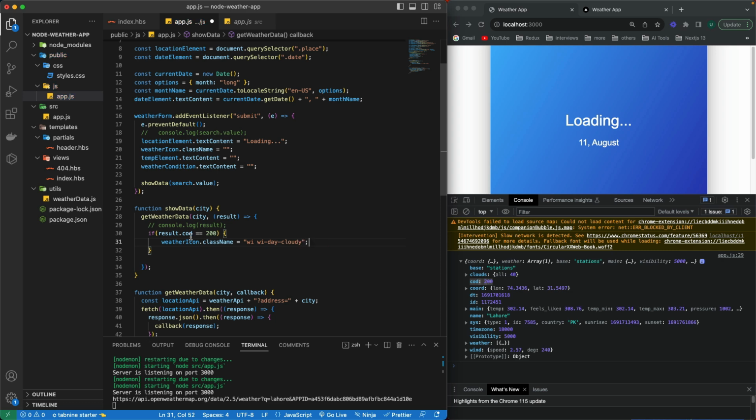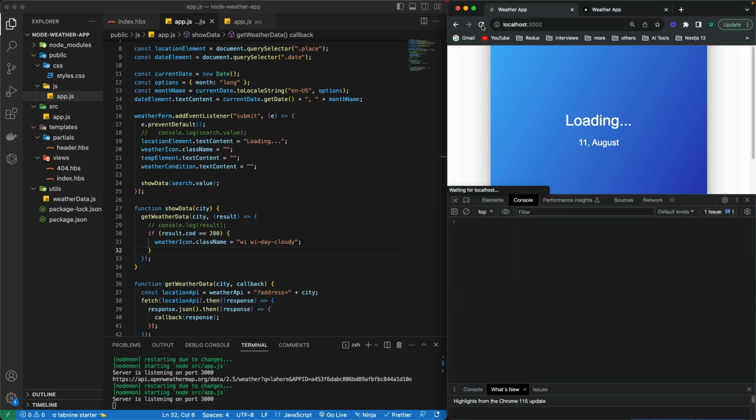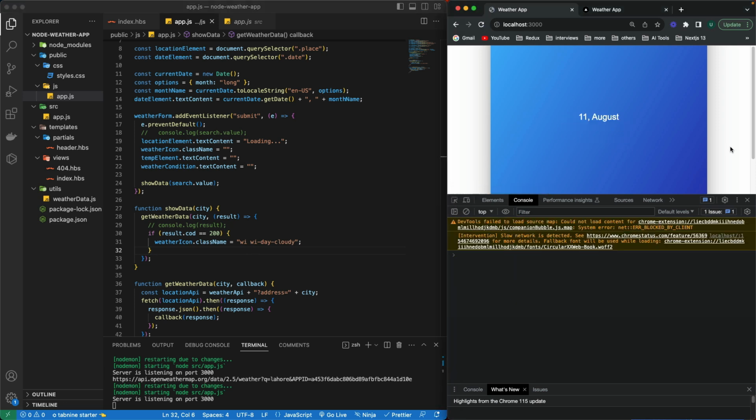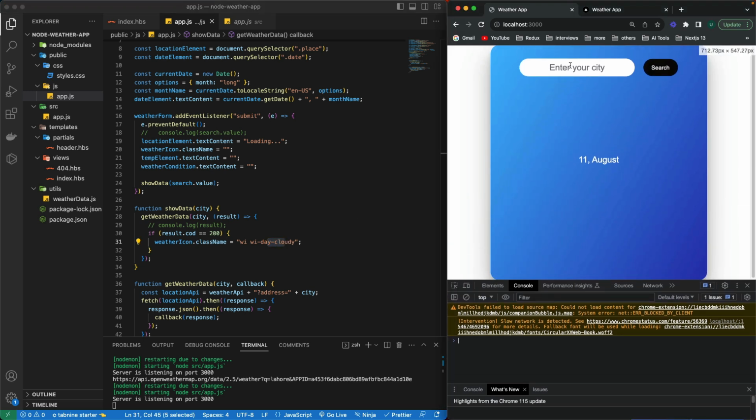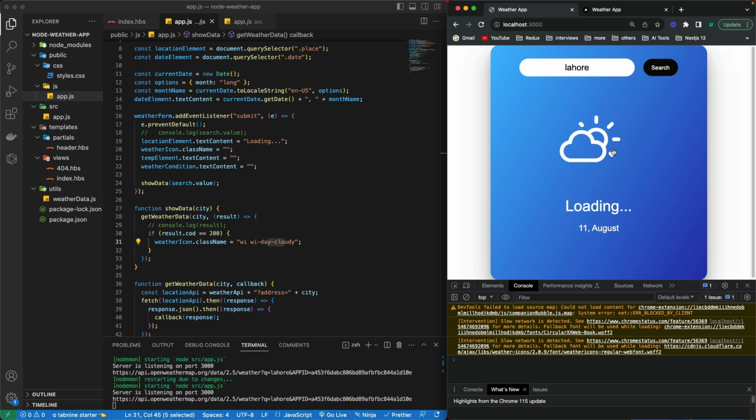Okay, so it will be fetched over here. If I refresh now, I have not actually dynamically added this class for loading up that clouds icon. I just want to show you. So Lahore, search, and you can see that this is the default icon being loaded on the successful response from